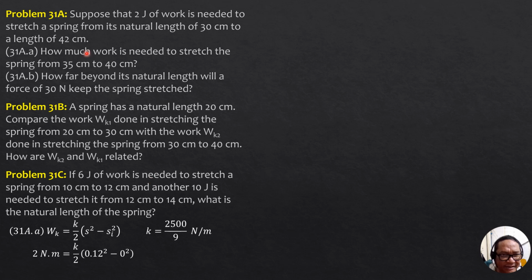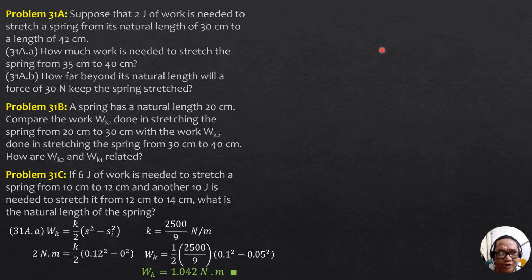Then we can now answer 31A. Work is equal to 1 half of 2,500 over 9 times quantity. The final displacement, if the spring is stretched from 35 to 40, is 40 minus 30, so 0.10 or 0.1. Then SI is 35 minus 30, 0.05. So work is 2,500 over 9 divided by 2, quantity 0.1 square minus 0.05 square. So it is 1.042 Newton meter